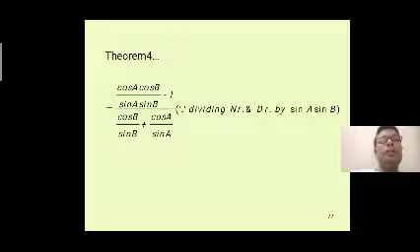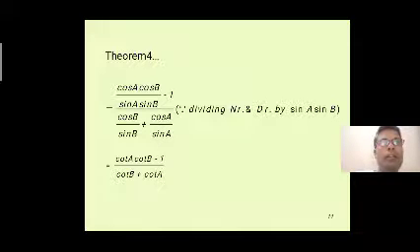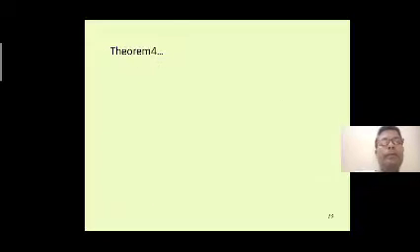That is equal to cos A cos B divided by sin A sin B minus 1, and whole divided by cos B by sin B plus cos A by sin A. Here we divide numerator and denominator by sin A sin B. Now we write the simplification. After completing the simplification, we get cot A cot B minus 1 by cot B plus cot A.